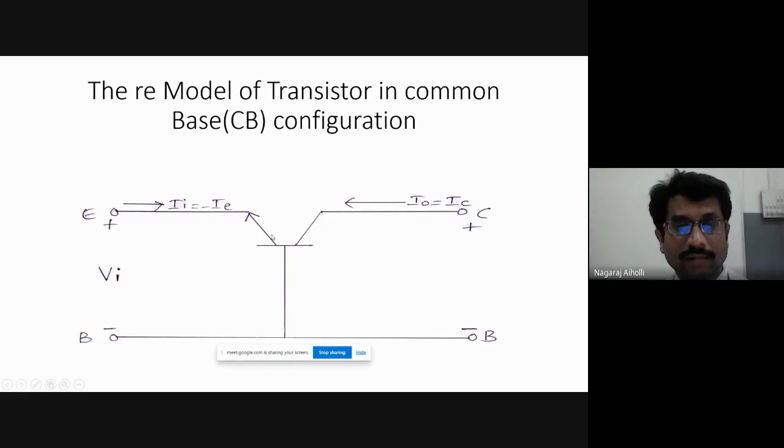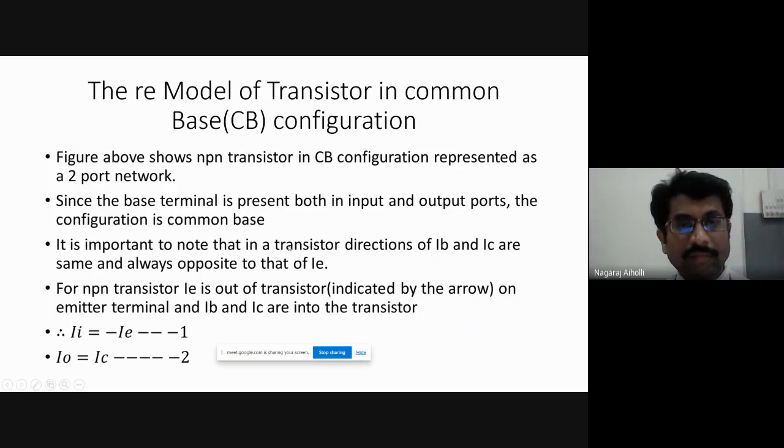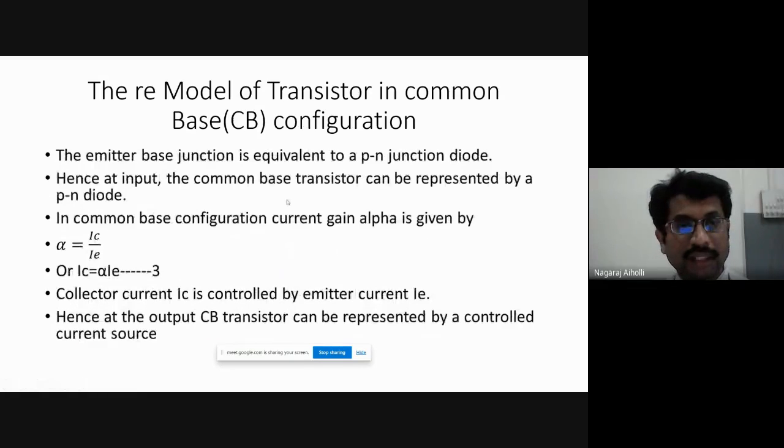forward biased diode condition. Okay, so it is similar to the forward biased diode condition, that is the N to P junction. Therefore, it can be represented as a diode. Emitter base junction is similar to a PN junction diode. Hence, at the input of the common base transistor, it can be represented by a